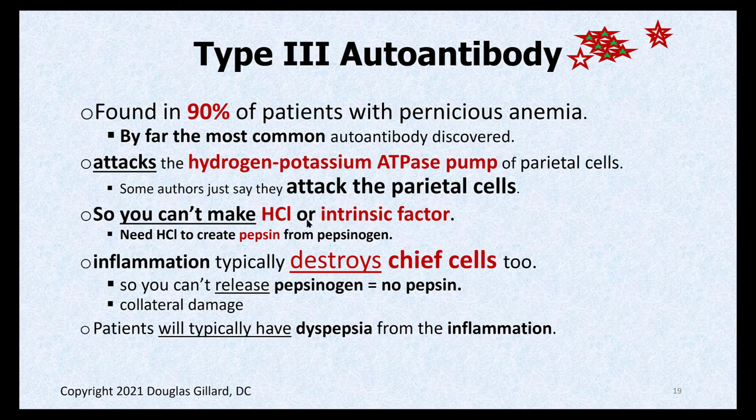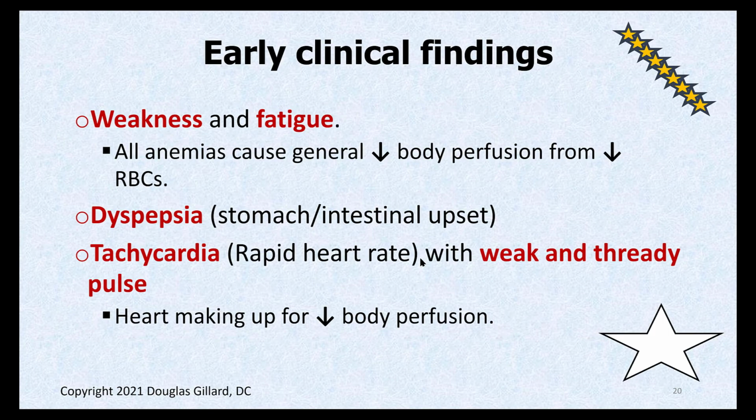And if that's not bad enough, we have our next door neighbor cells. What are those called? Chief cells. Chief cells, of course, make, you know that word? Pepsinogen. So without chief cells, you can't make pepsinogen. Without pepsinogen, you can't cleave the tail off and make pepsin. And so that absorption pathway is messed up there.